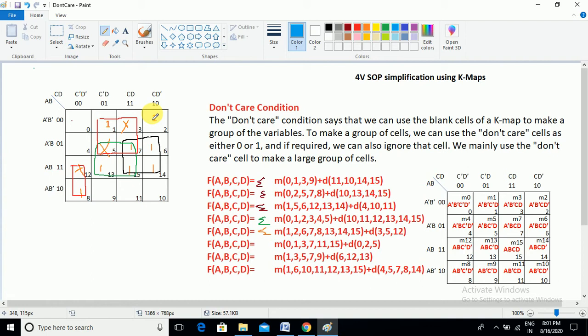What are the alternates? If you consider the 3, 7, 6 in this group, here also we can create a 4 cell grouping. You should think that 3 is a don't care cell, and 7 and 6 are normally selected as minterms, and I included them with this 2 cell minterm, and a 4 cell group is created. How many 4 cell groups are created? 4 groups of 4 cells are created, and another one is a 2 cell grouping.